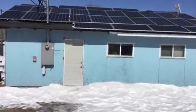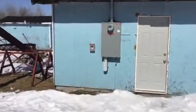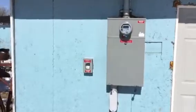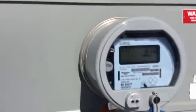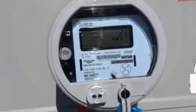So we'll go up to the meter and we'll see it probably going backwards. It's March 13th today, and it's not too cold out. It's about -10. But you see the meter here. You can see the arrow flicking